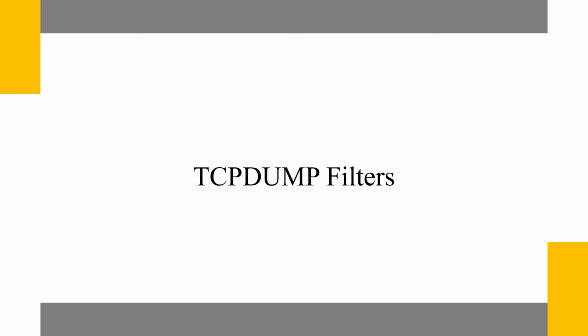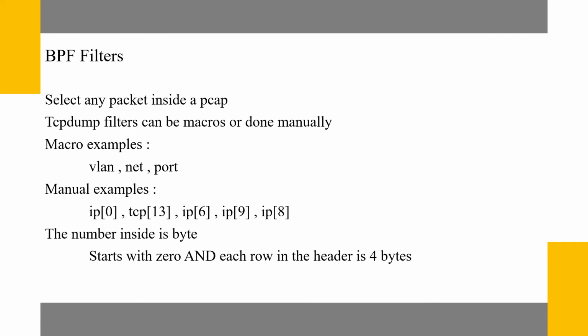Advanced TCP dump filters. TCP dump uses BPF filters to select any packet inside a PCAP file. Now, previously we talked about the macros. These are easier filters that are essentially pre-made and you can use. But then we have the manual ones like IP 0, TCP 13, and so on and so forth. Now, what does that number actually mean? That is the byte, and if you refer back to the headers,